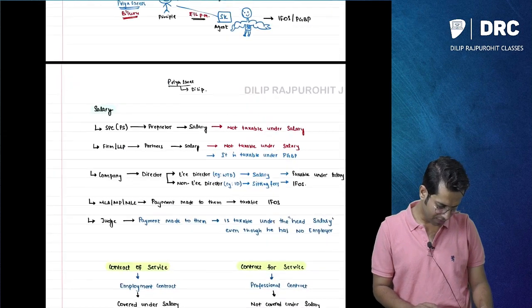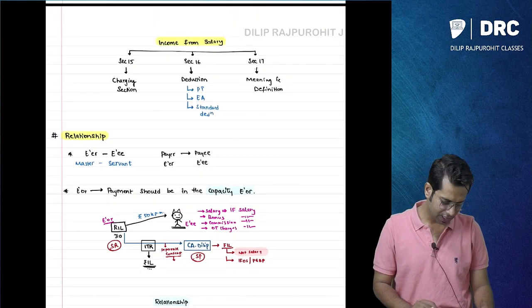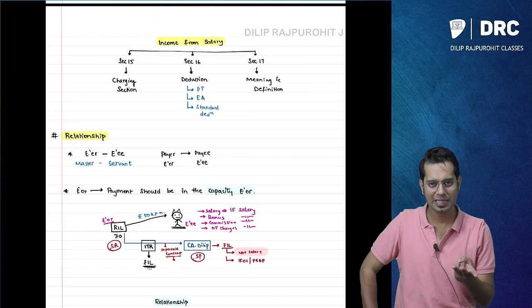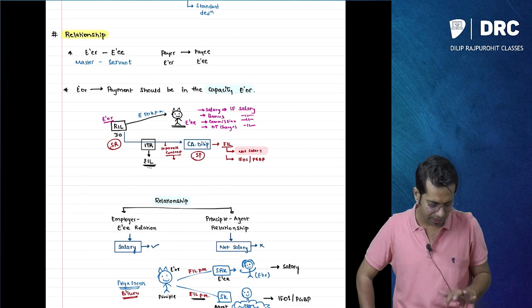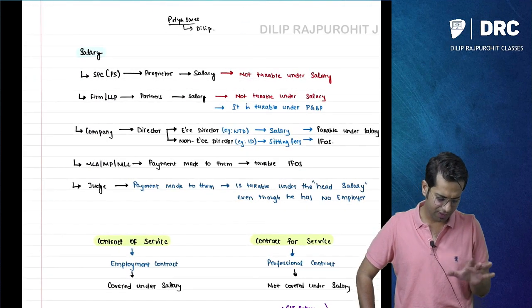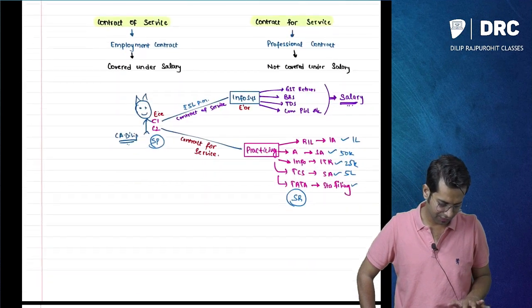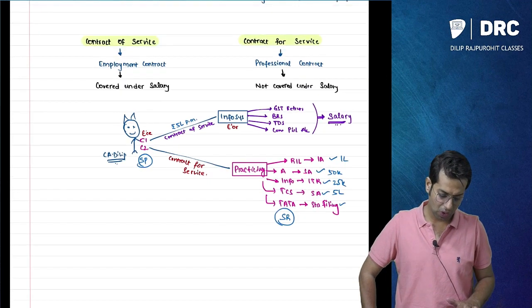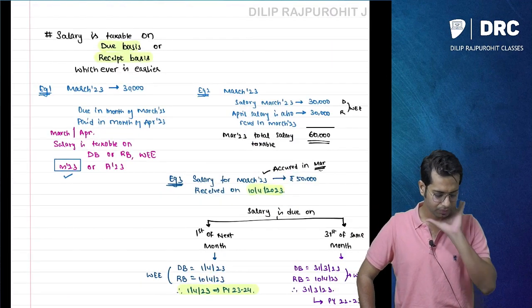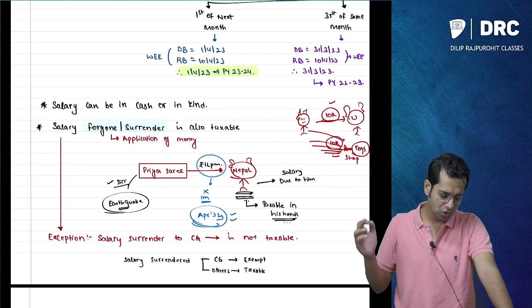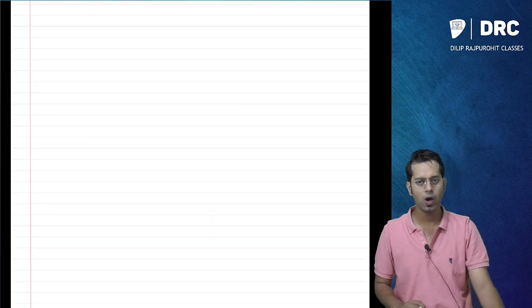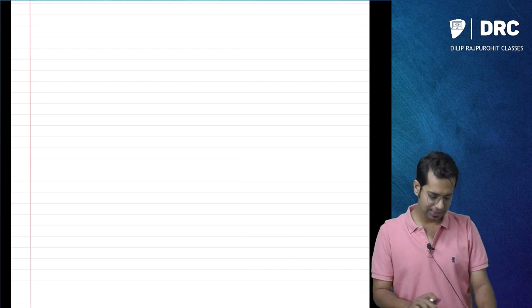Okay. So we have understood a few points over here. We have understood how many sections there are in this particular topic. There are 3 sections. Then we have understood that there should be a relationship and the payment should be in the capacity of employer. Then we have understood what will happen to the salary in different cases, and the difference between contract of service and contract for service, and that salary is taxable on due basis or on receipt basis, whichever is earlier, and also that salary can be in cash or in kind, and what happens if salary is surrendered. Now here, before stopping this class, let me